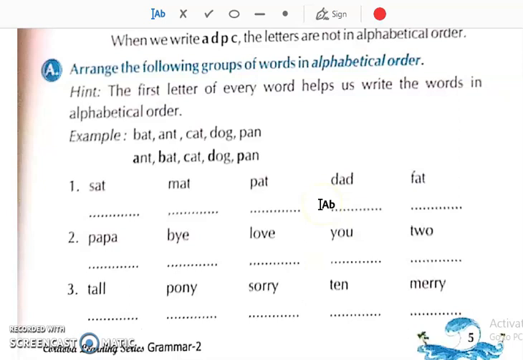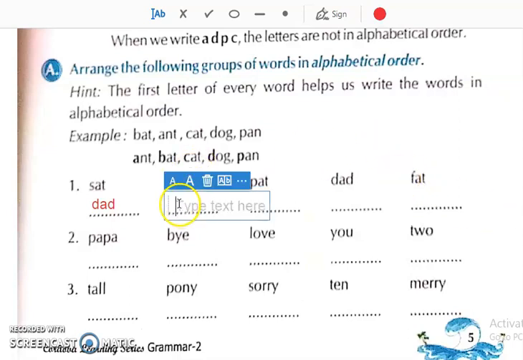See what you have to do students. आपको अपने mind में A to Z बोलना है. Then you see the first alphabets. A, B, C, D. See. Over here it is there, a letter is starting. So we will write over here the word that is starting with D. Then D के बाद क्या आएगा order में? D, E, F. See, F. A letter is there which is starting with F.